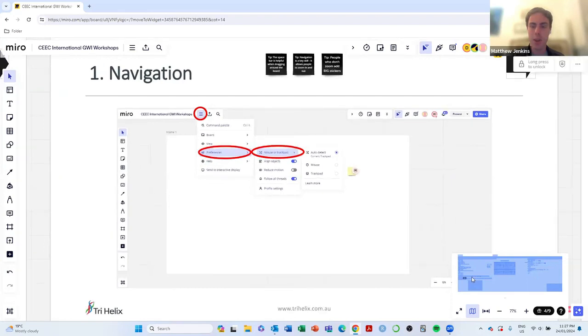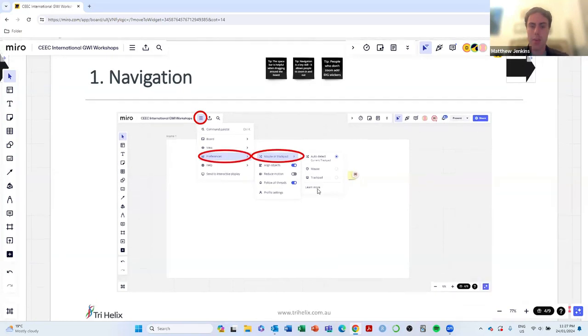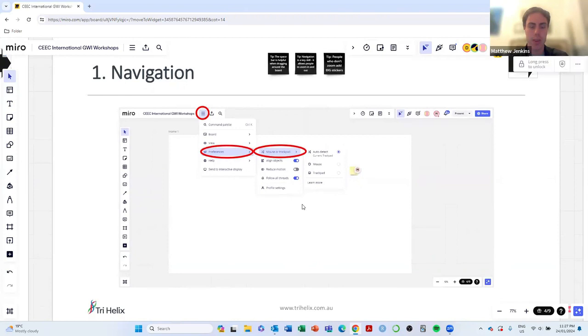Because you do have to be quite accurate with where you want to click, and I don't use it too often, but it is there, a map. So another feature there. One more feature to talk about when we're talking about navigation is if you hold down spacebar,